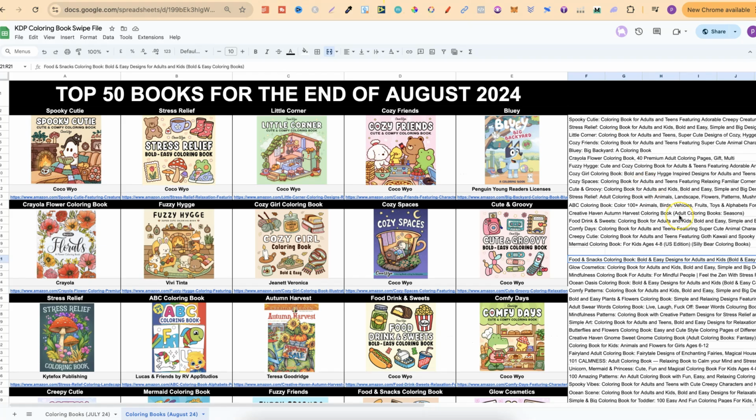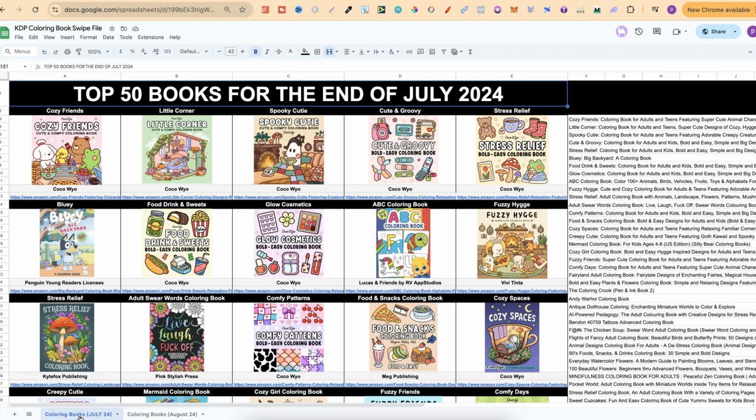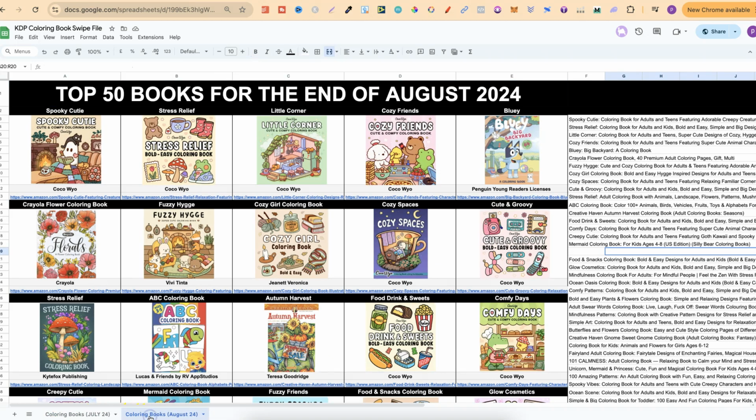So if we come over to the spreadsheet, it looks like this. Now this is August. We also have July because that's when I started doing it for myself. All of this just here is something that I started just doing for myself. But then I asked my previous customers if they'd like this as a product as well, and the majority of people said yes, so that's what I did, and that's why this is available. But nonetheless, we have July, August, then there's going to be September, October, November, December, January and February. Then after that 6 months, we're going to assess things and see if we're going to still want to keep